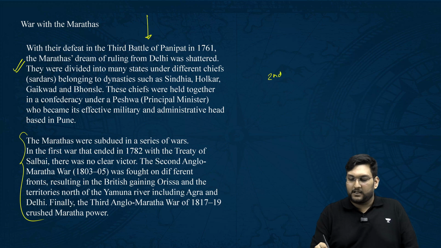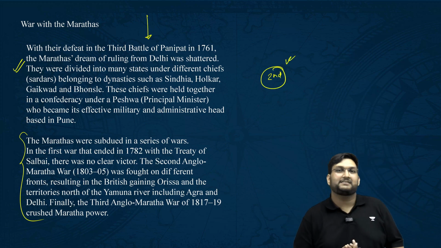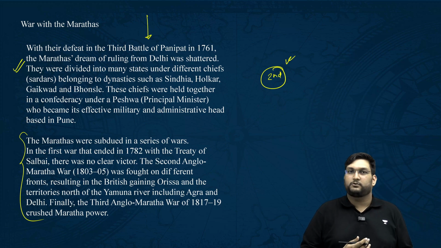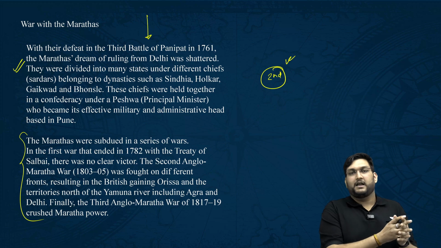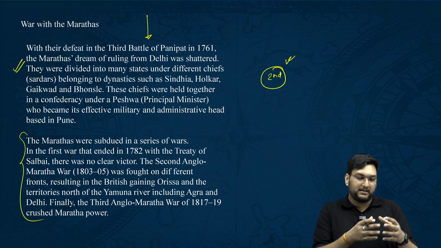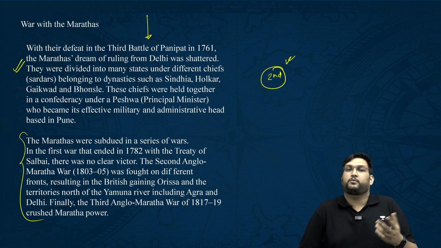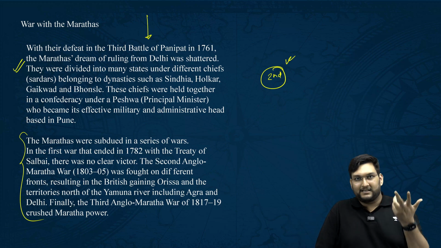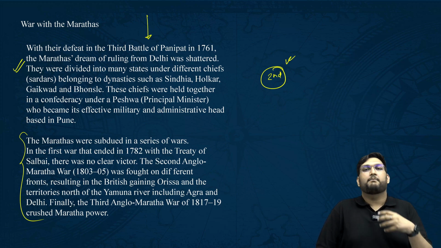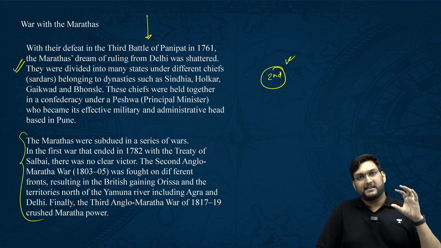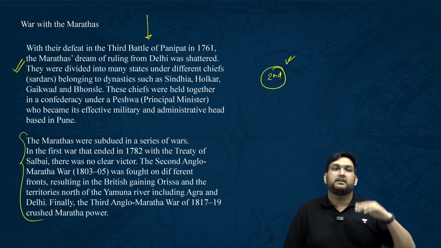But the second Maratha war is the main one, in which, as soon as Bajirao II, the son of Raghunath Rao, comes to power, there will be a conflict between the Holkars, Sindhyas, and the Peshwas. The Sindhyas will go with the Peshwas. On the other hand, the Holkars will say we don't want to support the son of Raghunath Rao. You can call it a battle of succession, but Yashwantrao Holkar is going to win over the alliance. And now Bajirao II is going to do something his father had done,